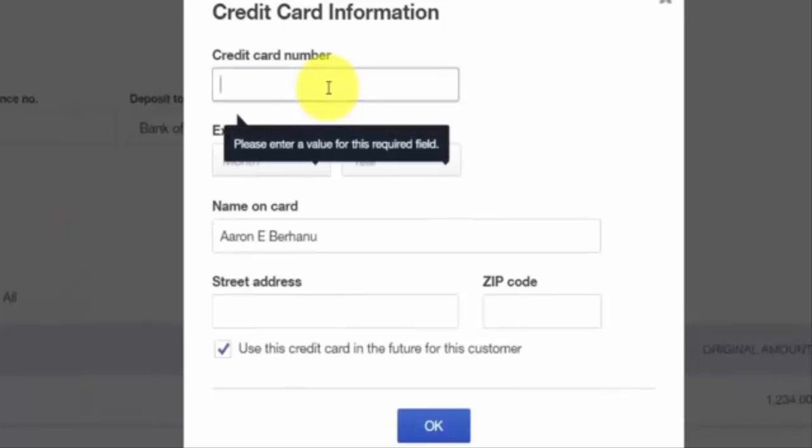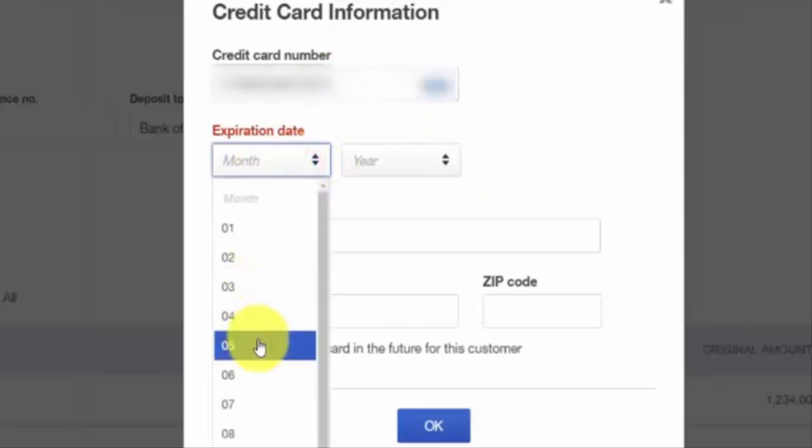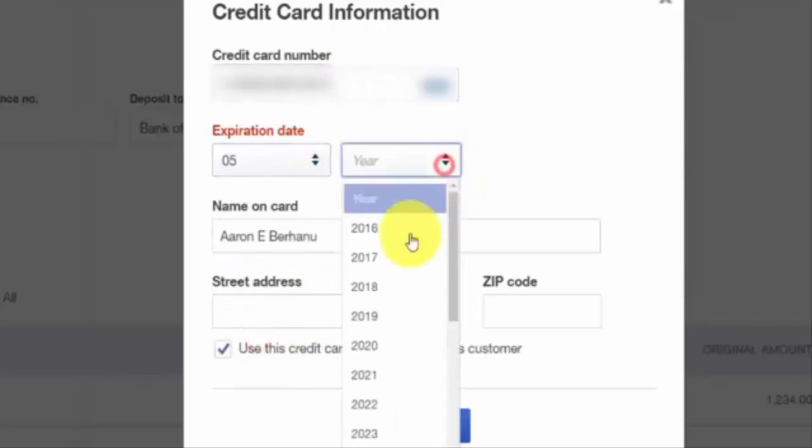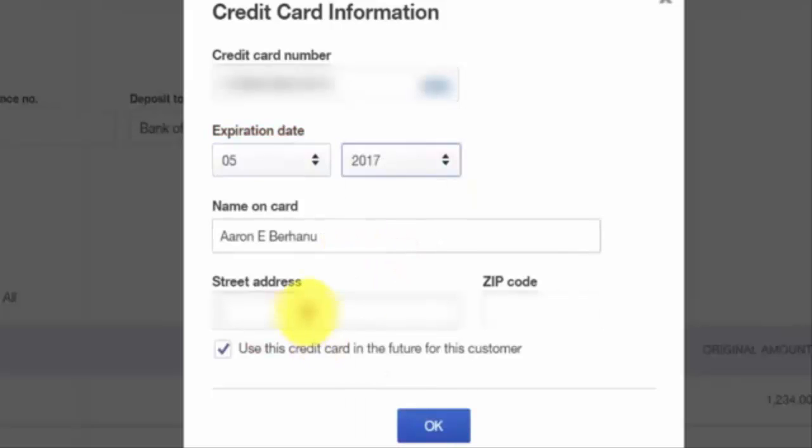The first field is the credit card number, so we'll go ahead and enter that 16-digit number. Similar to what we saw in the sales receipt payment window, the type of card will appear once we have entered all 16 digits. In the next field, you want to enter the expiration date for the card. The next field is the name on the card, how it appears, and then finally the billing address for your